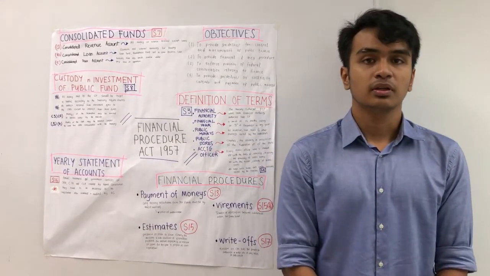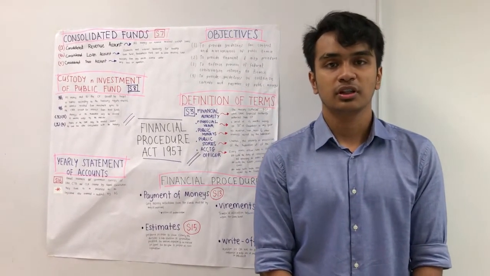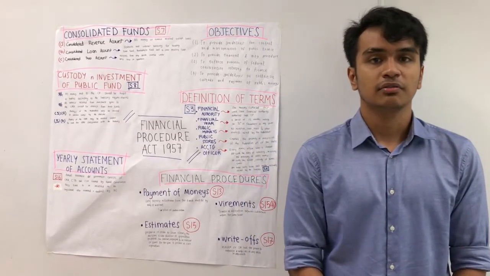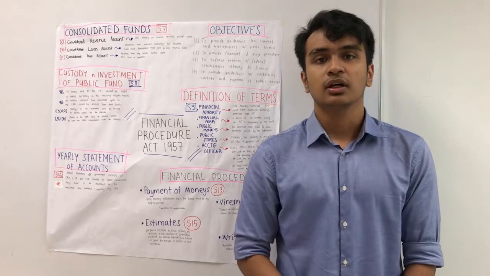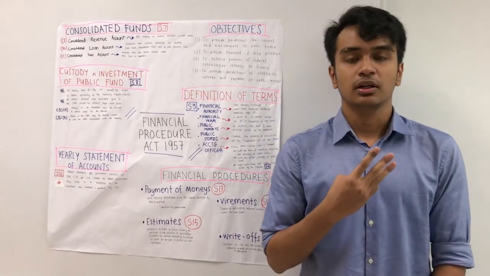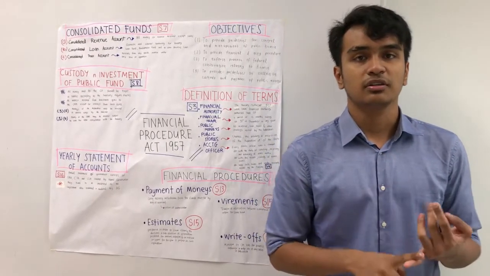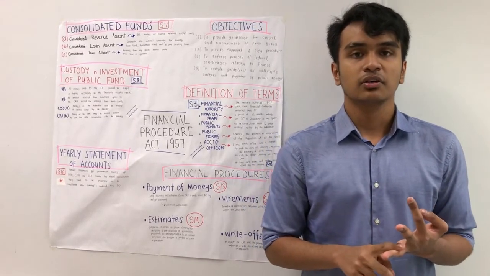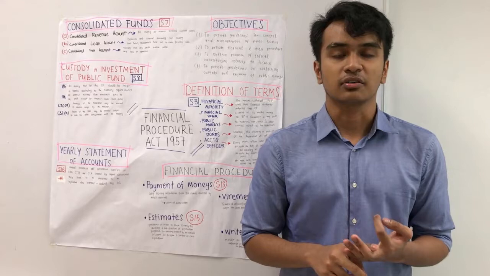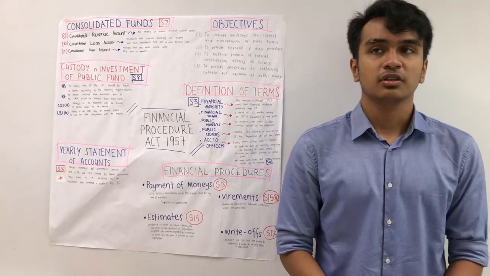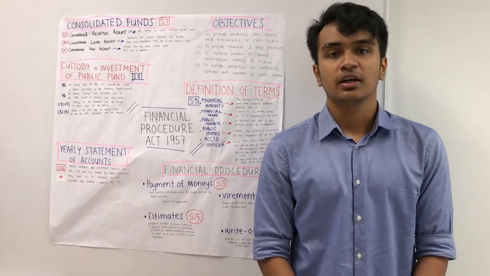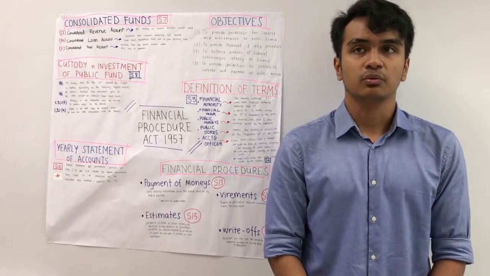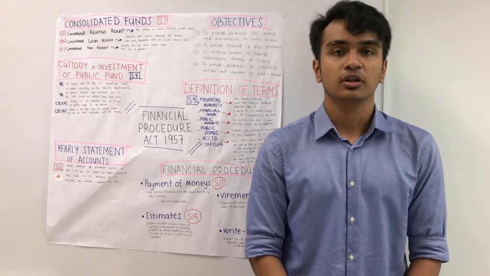So now I will be presenting to you about the consolidated funds of the federal government. Under section 7 of the Financial Procedures Act 1957, there are three types of funds, which are the consolidated revenue fund, the consolidated loan account and the consolidated trust account. For the consolidated revenue account, or CRA, they are all the revenues received by the government, which do not include the loans or any of the